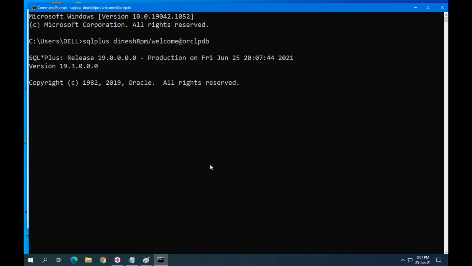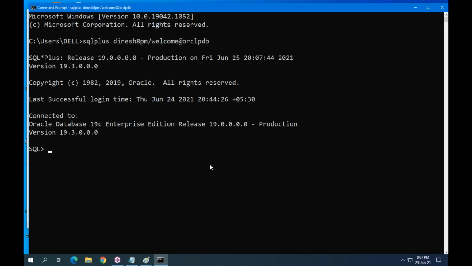For example, let me create a table now. One moment, guys. Here I am creating one spool file, about the create command. Maybe you have a doubt, sir, what is a spool file? Spool file means it is a text file.